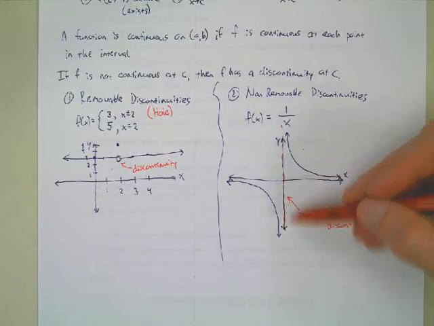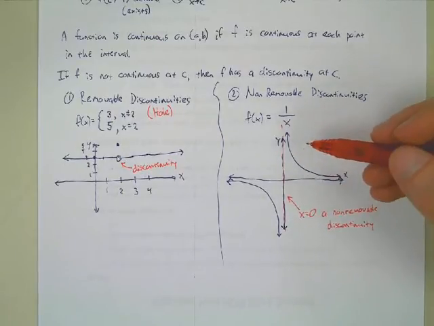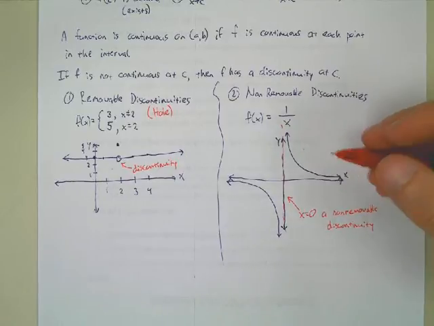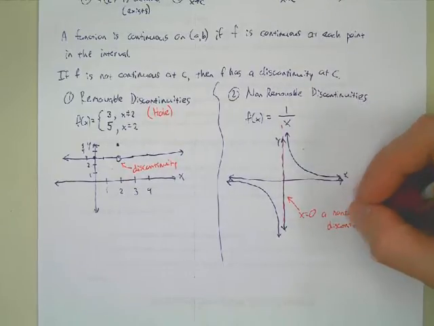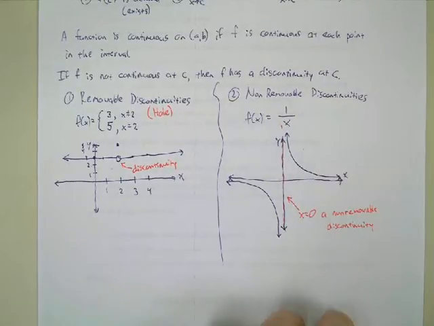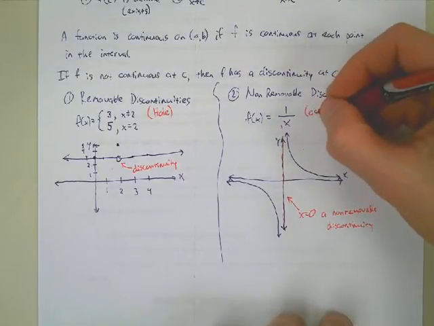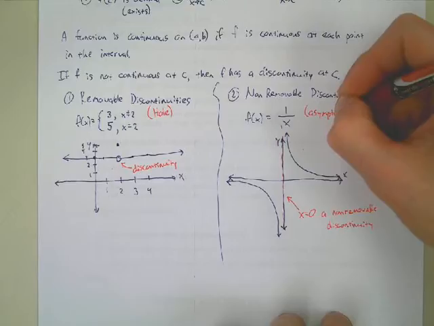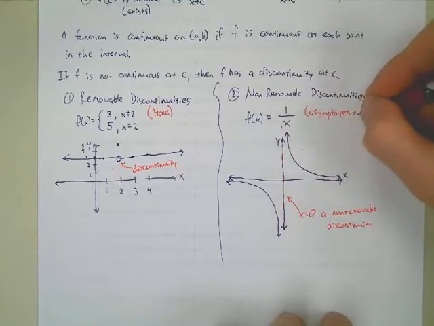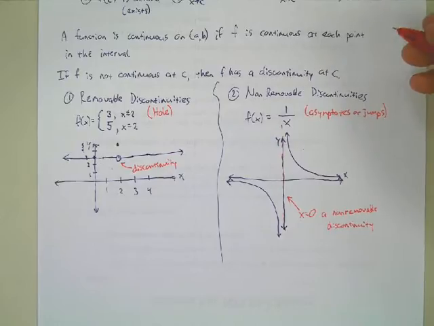There's no way to fill this in, okay? And so that's the nature of this non-removable discontinuity. These tend to show up as asymptotes, okay, or jumps. They can also show up as jumps in a piecewise function. If you have one function and it jumps up,